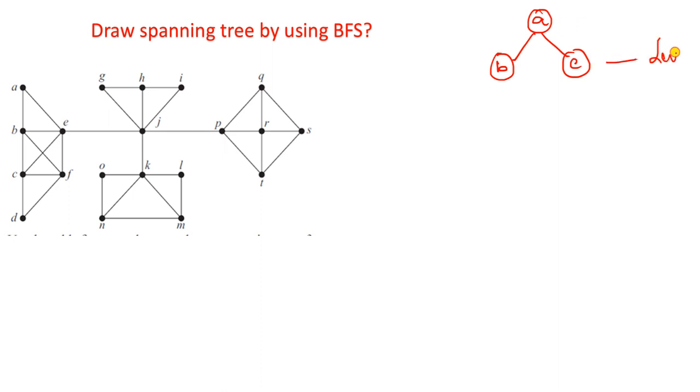Okay, A is completed, right? So we are at level 1. At level 1, what is the first element? B. Explore B. B has E, C, F, right? Here E is already visited, so no need to write it again, and write only C and F. Now what about E? E has A, B, J, but A and B are completed. So you can take only J. So only J is there, we have to take J. Now come to the next level, level 2.